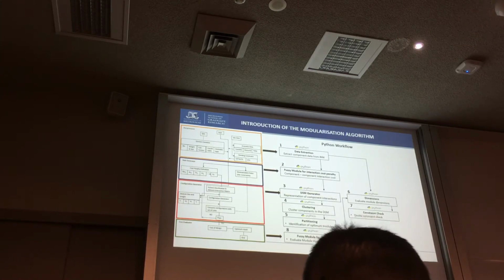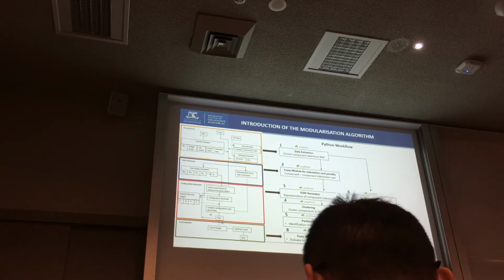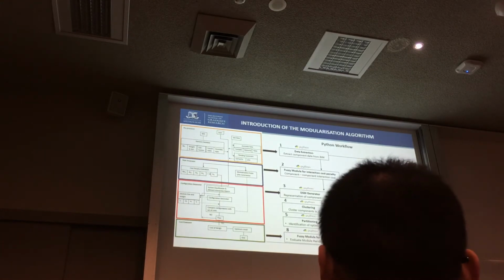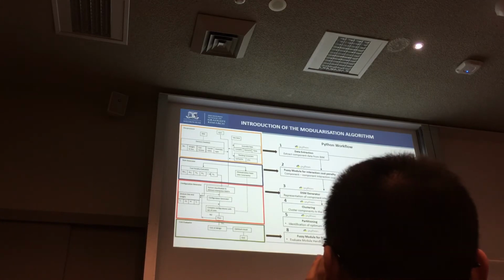And then clustering and partitioning algorithms are used in the configuration generator stage to identify configurations of different plant rooms. And these configurations are then checked with on-site constraints to see whether they satisfy the installation constraints. The configurations that pass this stage are then evaluated for the installation costs.